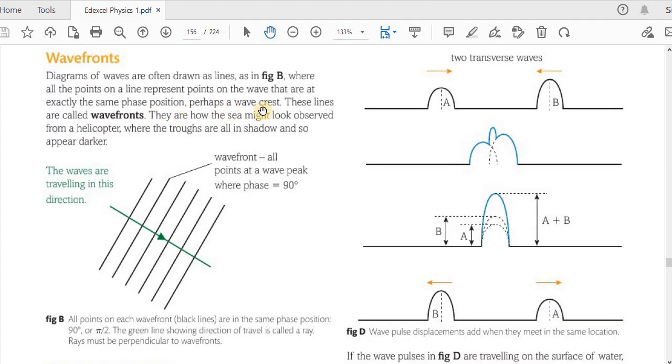Okay, if you take the top of the wave crest, then you can join all the points along that particular crest, and you do the same for the next crest, and then you will have two wave fronts. The distance between those two wave fronts is one wavelength,